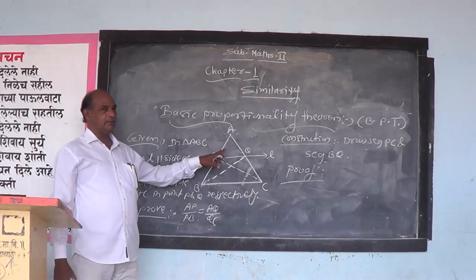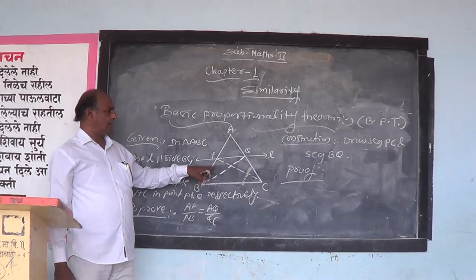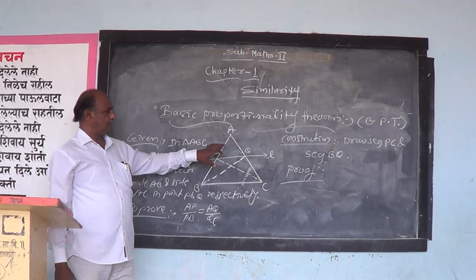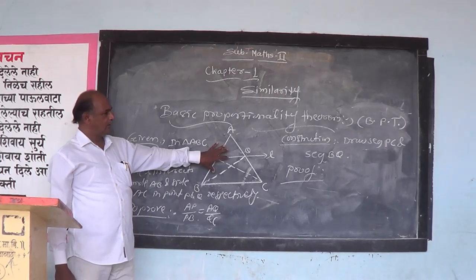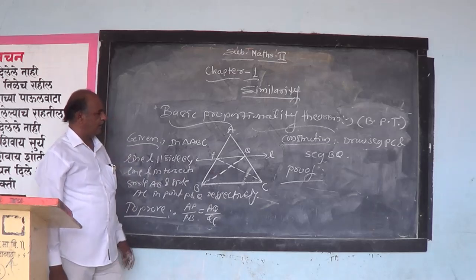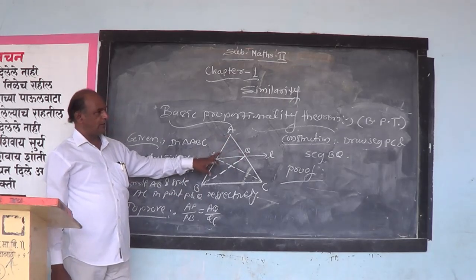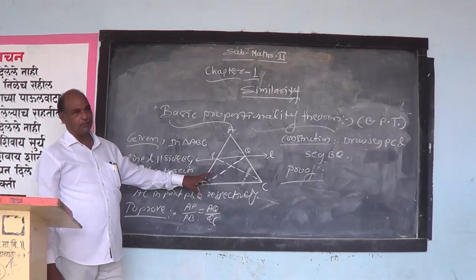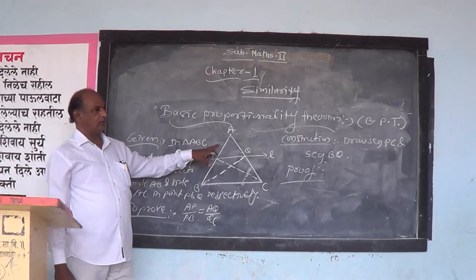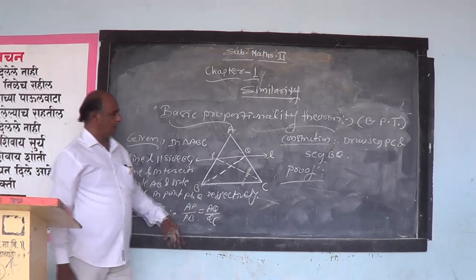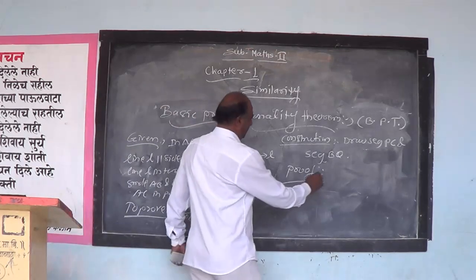And when the height is the same, then for those two triangles, here is the second property: when the heights of the two triangles are the same, then the ratio of the areas of these two triangles is equal to the ratio of their bases. Meaning, here in the figure,